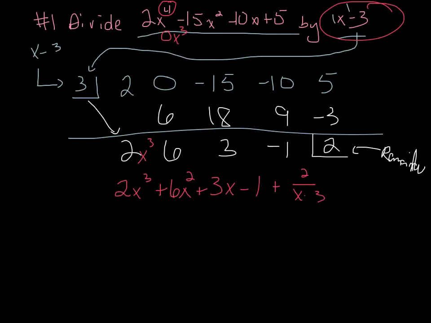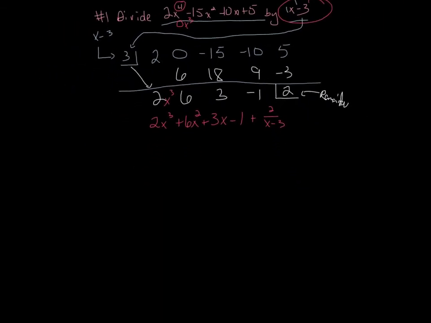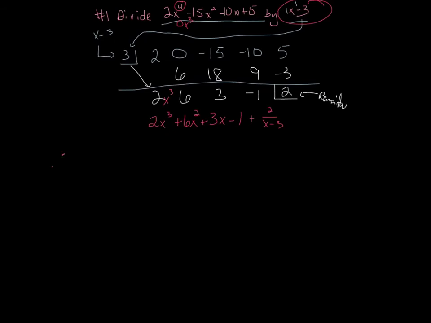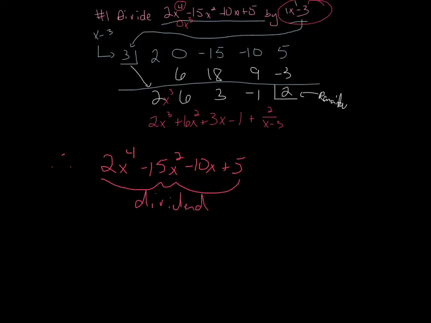Alright? Let's make a little closing statement here to finish off this problem. We say, therefore, 2x to the 4th, and this is what we started with, minus 15x squared minus 10x plus 5. That's called the dividend. I'm sorry, the dividend is not what we divided by. It's what we divided into. It's equal to the divisor